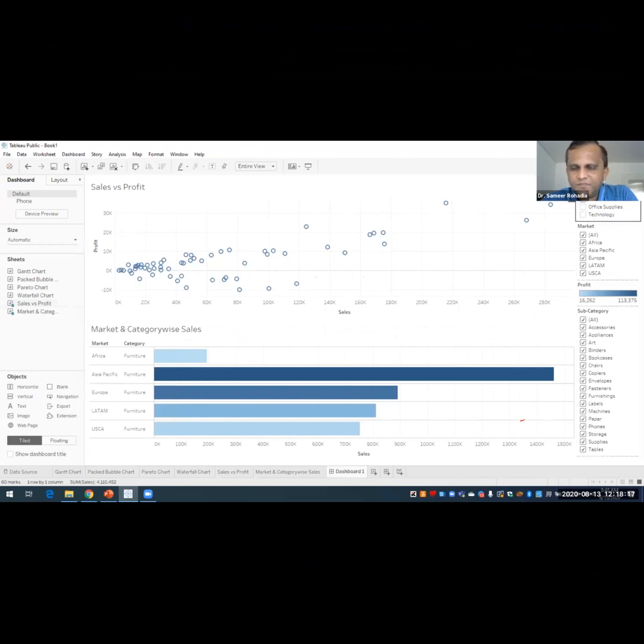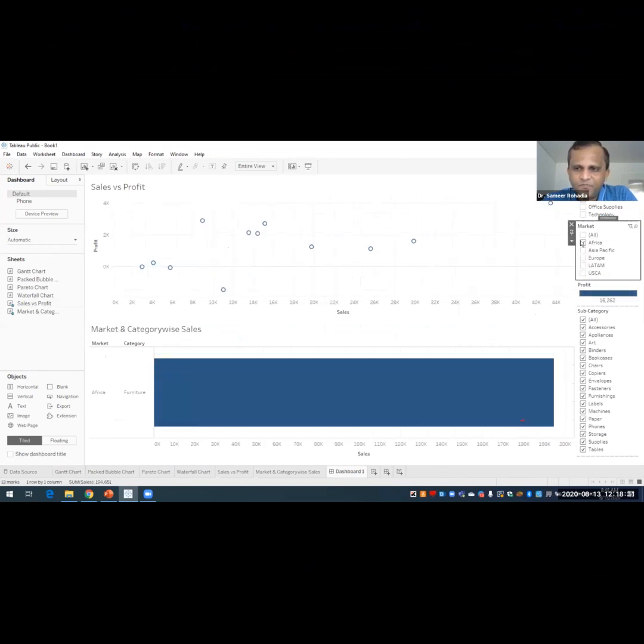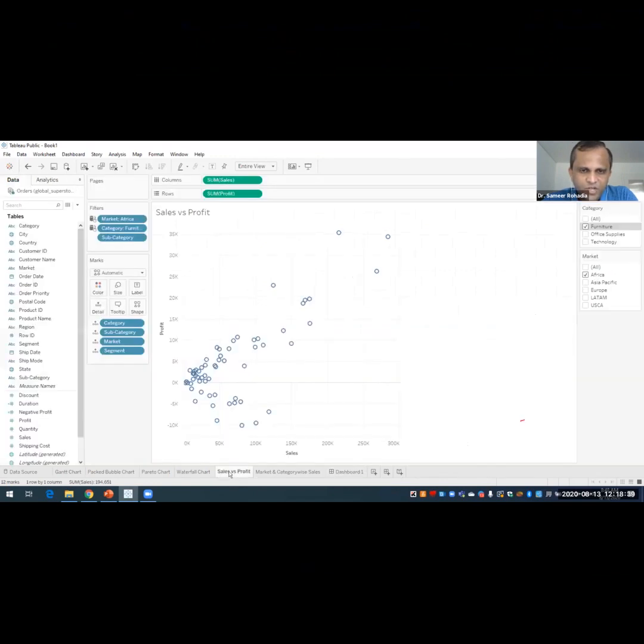For example, in the category filter in this dashboard I select only furniture, and in market only Africa. So category is furniture and market is Africa. Now if I go back to the sales versus profit chart, it also shows Africa as the market and furniture as the category.